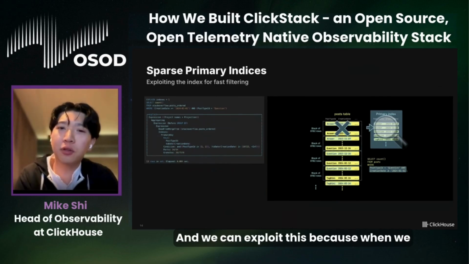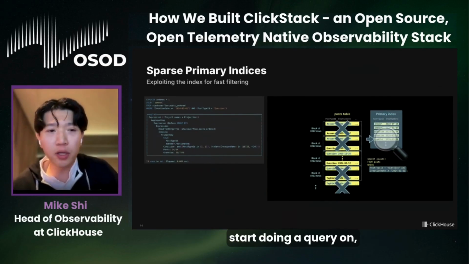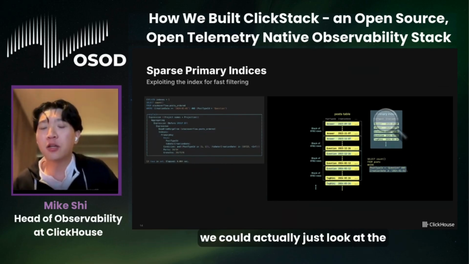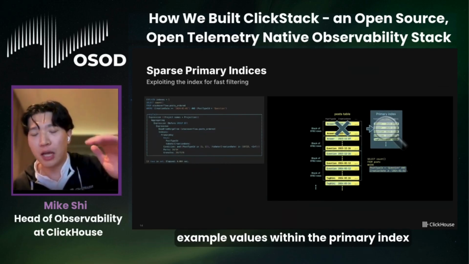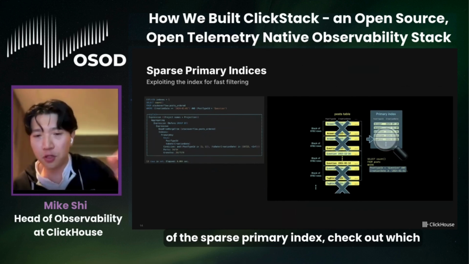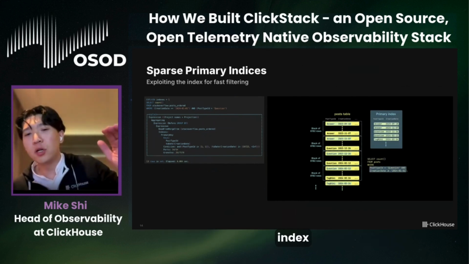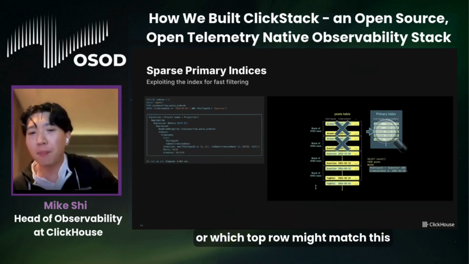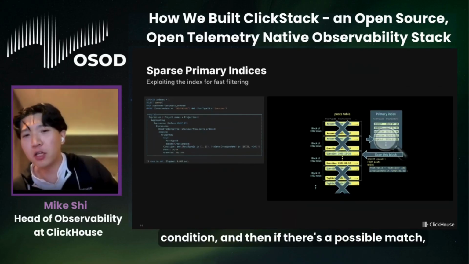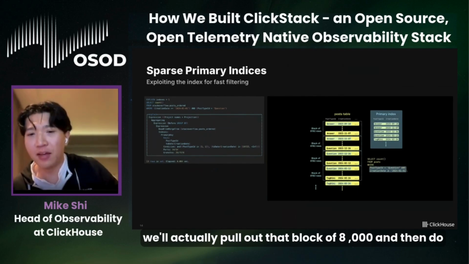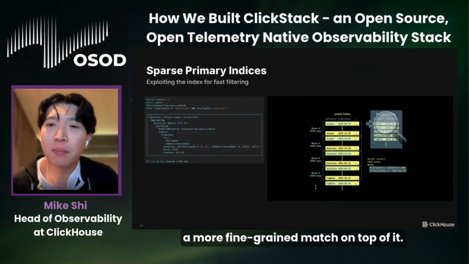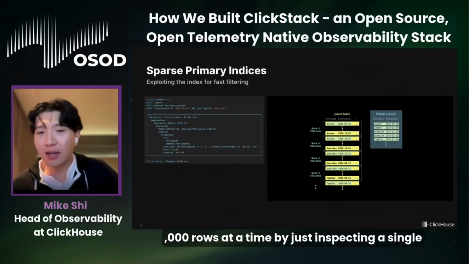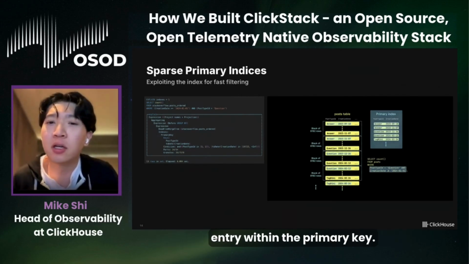And we can exploit this because when we start doing a query on, for example, a range of data or on a specific value, we can look at the example values within the sparse primary index, and check which top row might match this condition. And then if there's a possible match, we'll pull out that block of 8,000 and do a more fine-grained match on top of it. So we can eliminate whole swaths of 8,000 rows at a time by just inspecting a single entry within